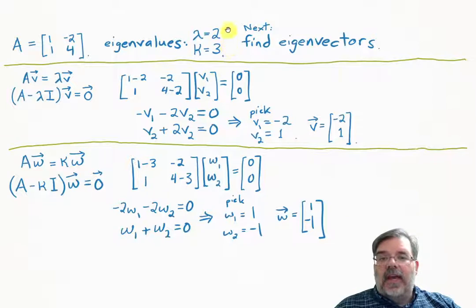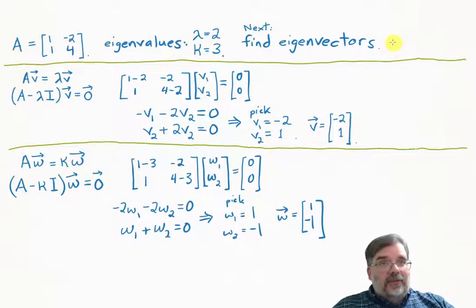Now that we know the eigenvalues, I'll call the first one lambda and the second one kappa. Now we have to find the eigenvectors. And we've done this before. We're calculating A times the vector v is equal to lambda times the vector v, and we want to